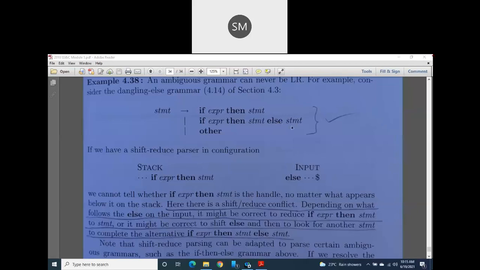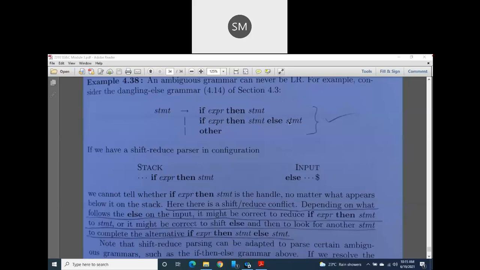After else, what is there? Then only you will take the decision. Okay. So after statement, else is there. Okay, fine. So after else also, by looking only at else, you should not immediately take the decision that I can reduce my stack to the statement. No, you should not do it like this. So here you will get a confusion, right?